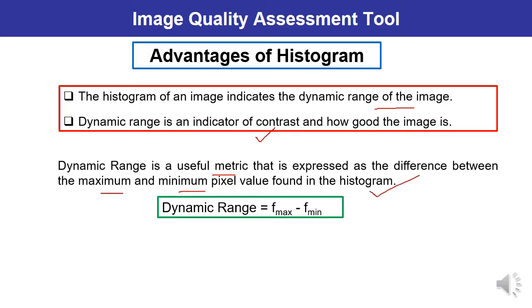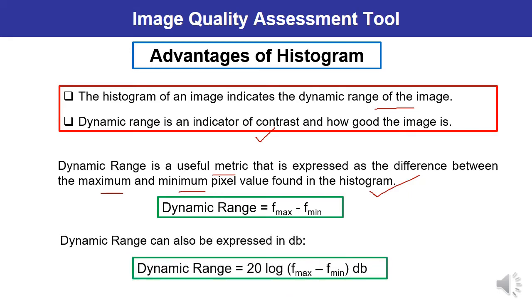So dynamic range will be what? F max minus F min, where F max is the maximum value and F min is the minimum value of the pixel found in the histogram. Dynamic range can also be expressed in dB. You know how to convert any given expression into dB. So dynamic range can be written as 20 log,